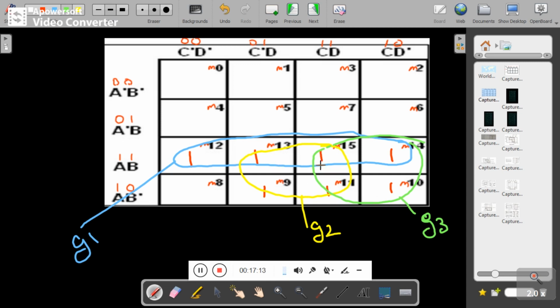So what is the answer for the first group, G1? All the variables on the top side will get cancelled, negated. So on the vertical side, we have A bar, B bar. So answer for this one is A bar B bar. And for G2, you have to consider this and this. So here common is A bar vertically. Horizontally common is